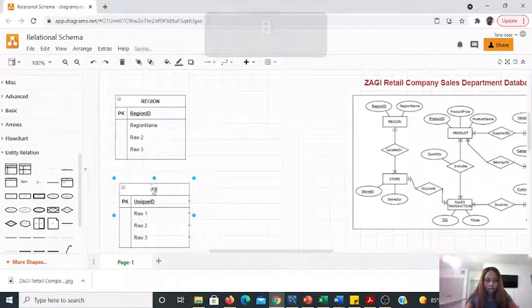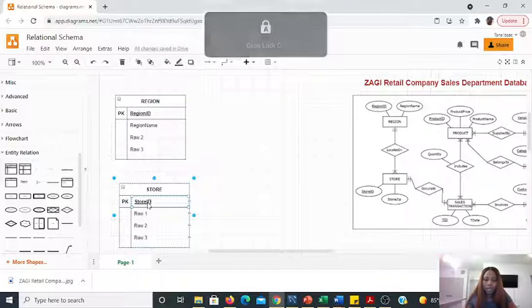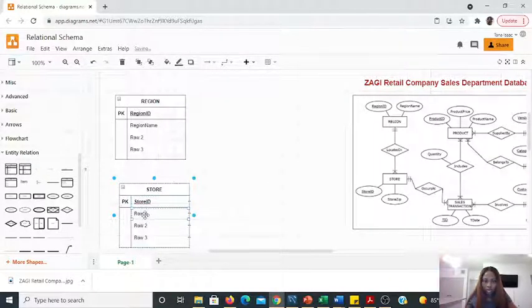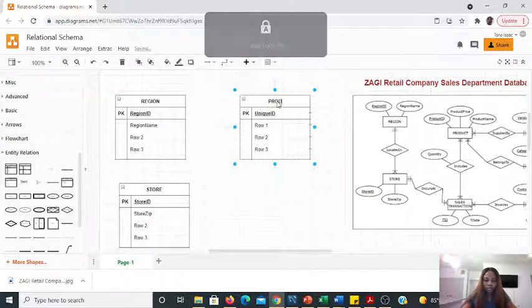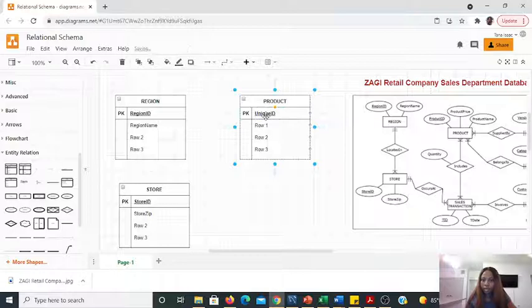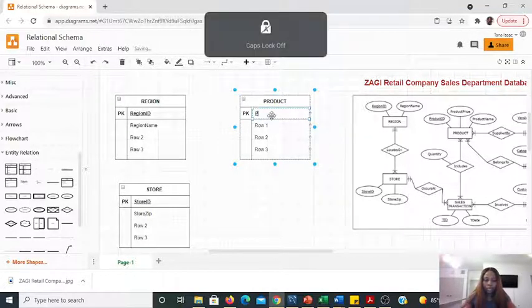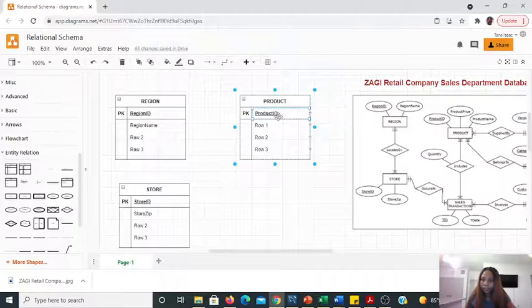Then the next one is store. So we have a store table. The primary key in this case is store ID, and the second attribute is store zip. I'm going to leave those rows for now in case I need them for the relationship. So the third entity that will be represented in this table is product. So we have a product and the primary key is product ID,